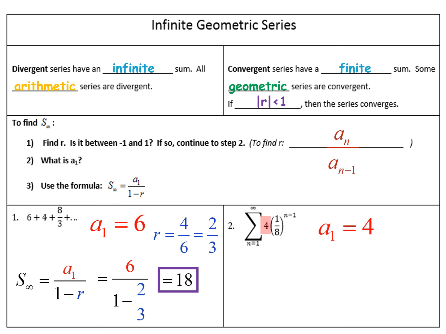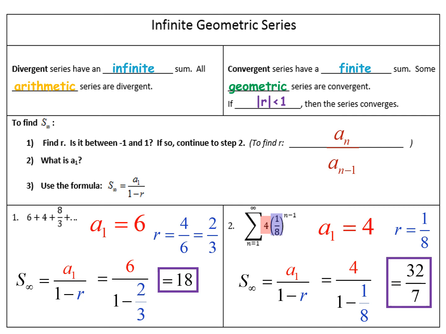Take a look at number 2. This is your summation key. First time through, you get a sub 1 is equal to 4. R is what's in parentheses. It follows the formula from your formula sheet, which is 1/8. We go ahead and put this into the formula. 4 divided by 1 minus 1/8, and it's